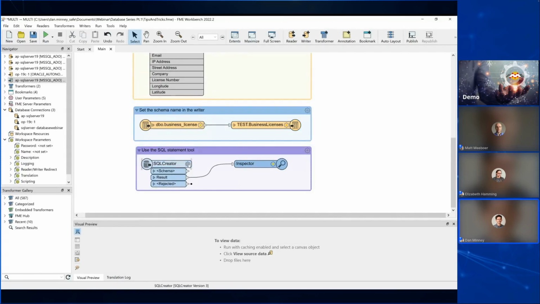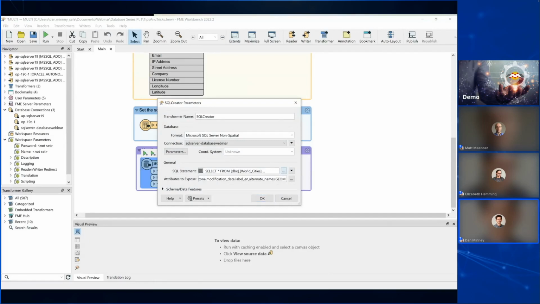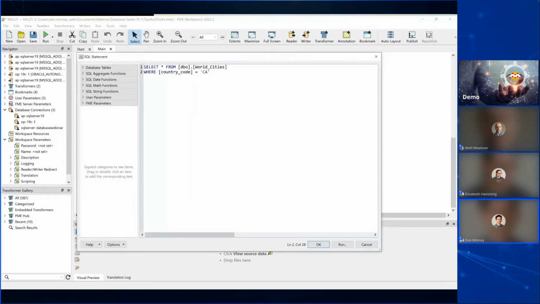The last thing I wanted to highlight here was what I like to call the SQL statement tool. When you're in your SQL creator and you want to create a statement, depending on the database that you're working with, there might be a little bit of syntax required to correctly create your SQL statements. Now, if I wasn't familiar with SQL, or if I haven't worked with it for a while, as has happened to me before, instead of having to try and mess around with this to get it to work, I can just go in here, type out my statement,